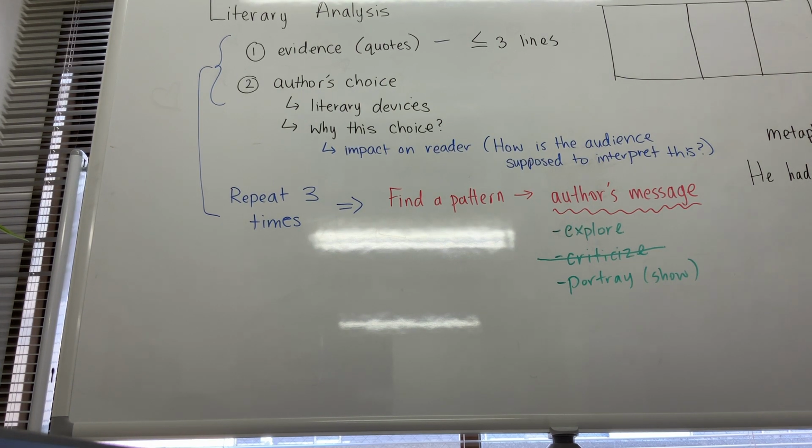Okay, he had a beastly appetite. Let's say that, right? A metaphor compares two unlike things. That's what it does. So if we are examining this metaphor, what is being compared? Yes? Like his appetite with other people, so it's more like he eats more. Hold on, say that one more time. He eats more than other people. That's true, that's what he's saying. So he eats more than other people. But what is being compared here?